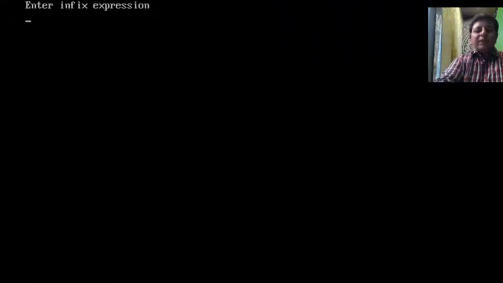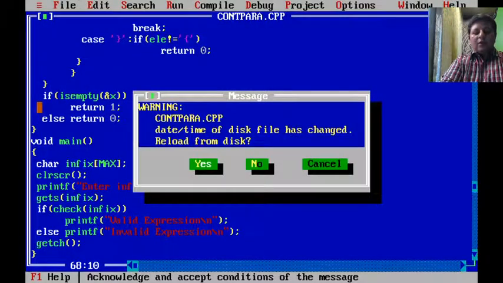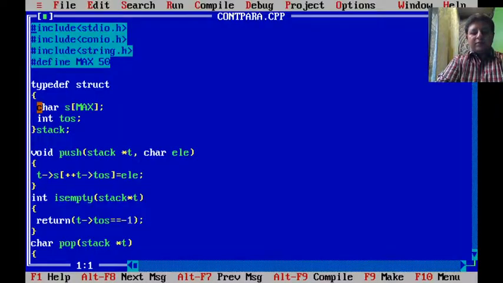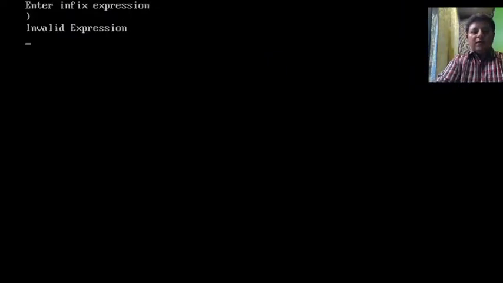Okay, so let us try checking whether it works properly or not. Let us start with a very simple one. This has to be valid. Then let us see if I give only an opening bracket, invalid. Only closing, invalid. Okay, let us get a bit more complex.